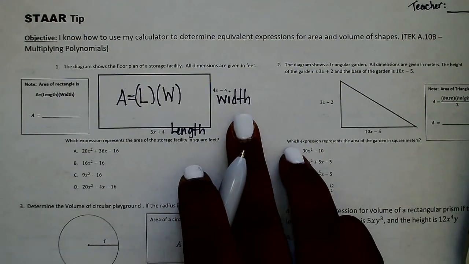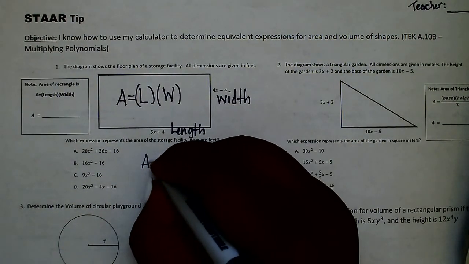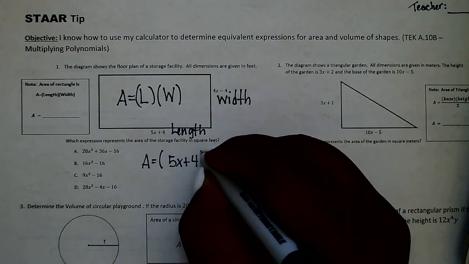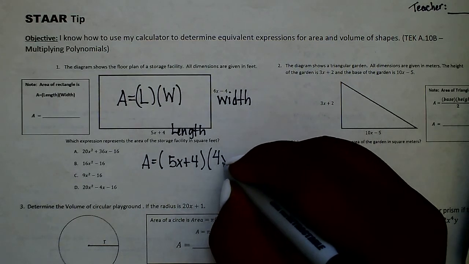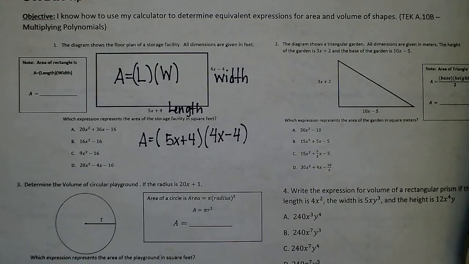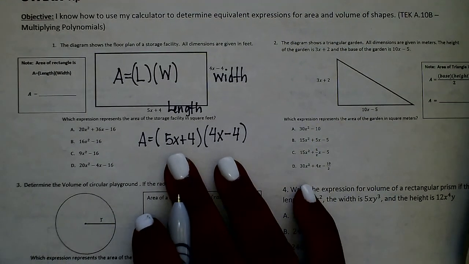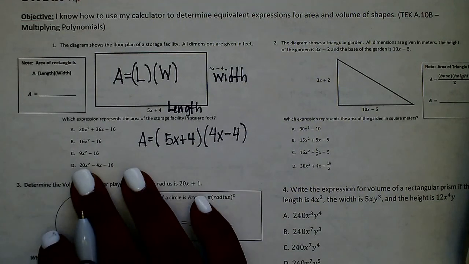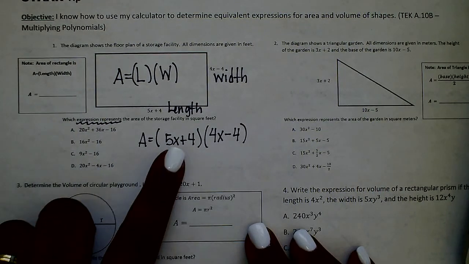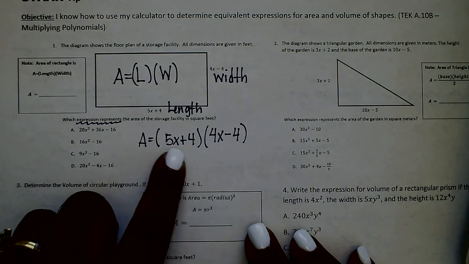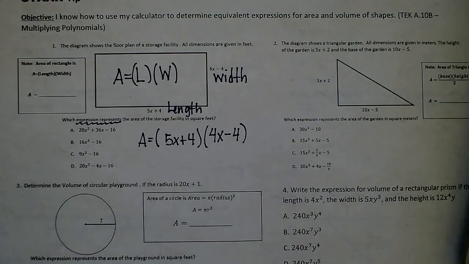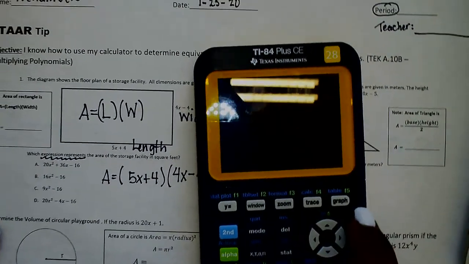So if we're going to write this expression, it's going to be A is equal to 5x plus 4 times 4x minus 4. All right? Now, we can use our calculator to determine which of these answer choices matches it, or is equivalent to it. Grab your calculator